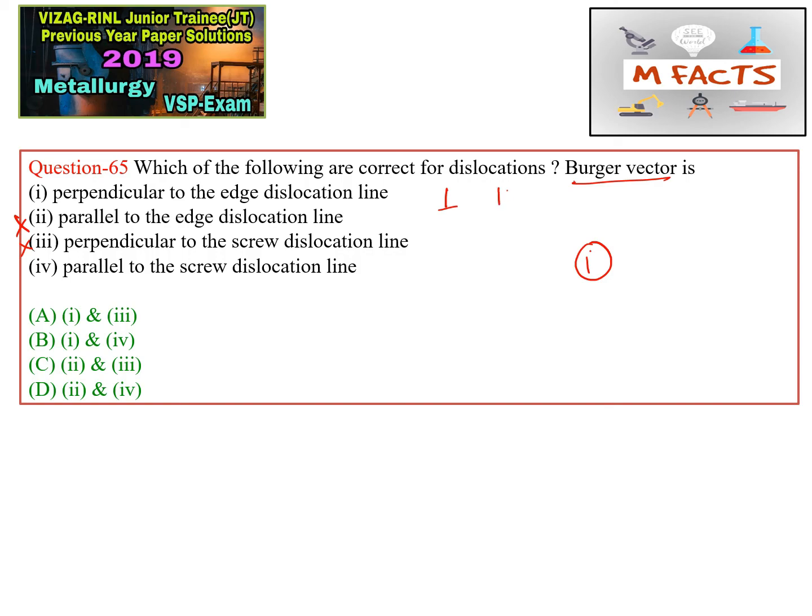okay. So this Burgers vector is parallel to the screw dislocation line, so this statement is also correct. So first and fourth statements are correct for this question. So first and fourth, this is wrong, this is wrong, this is wrong, B is correct for this question. So this was a simple question which relates the Burgers vector with the dislocation line in different types of dislocations,